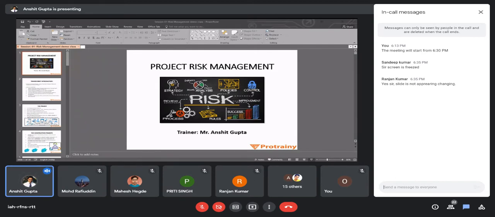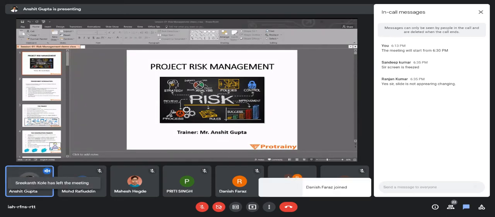Then judgment about the future has to be made. So sitting right now, you have to think about what is going to happen in your project in the next 6 months, in the next 1 year, and even when you prepare a schedule, you think about the next 3 or 4 years, whatever is the project life cycle of your complete project.